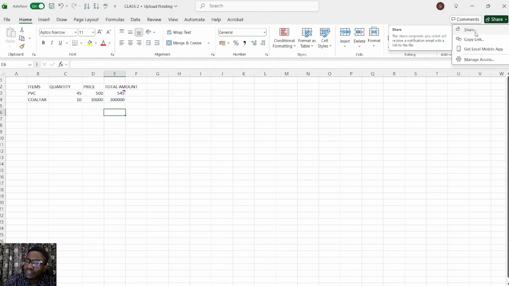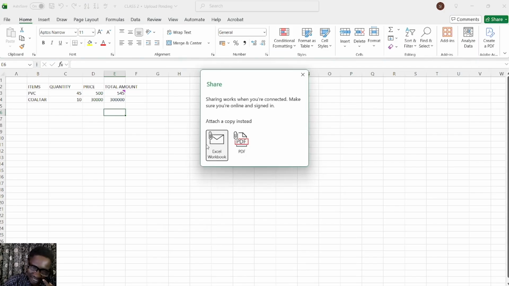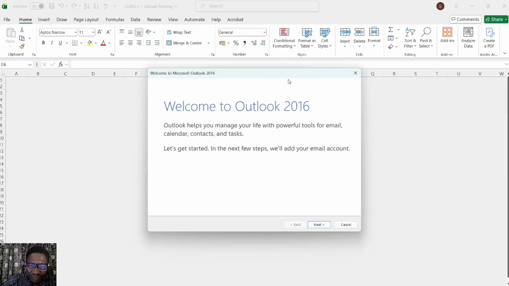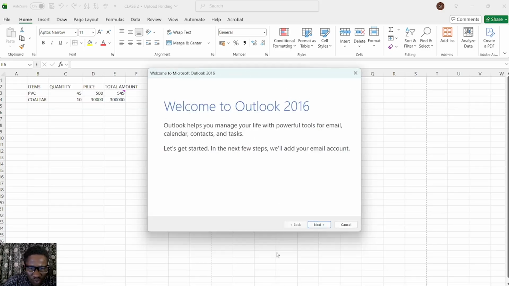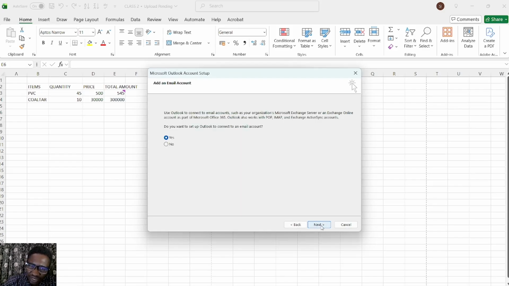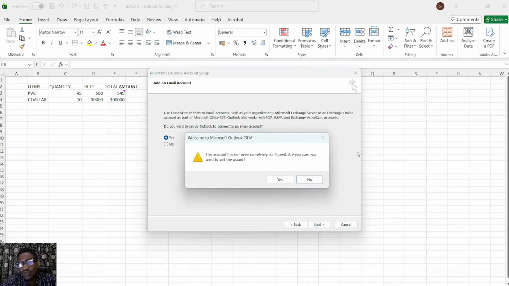So if you are sharing, you can either share as an Excel workbook or as a PDF. Let's say I want to share as a PDF. I click on PDF. It's going to take me to Outlook. Okay, this is what I mean by Microsoft Outlook 2016. And also, I've not been making use of it, because we are going to be setting up the Outlook itself. And when you're done setting it up, it helps you to be able to